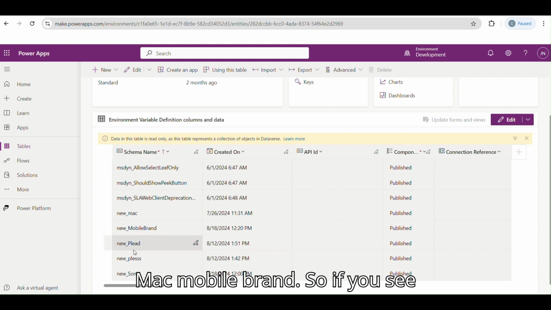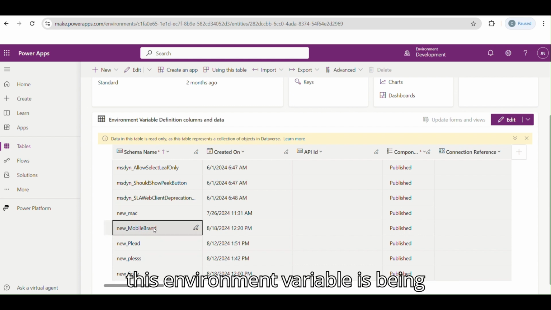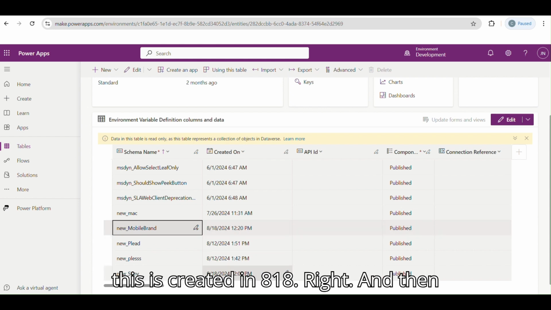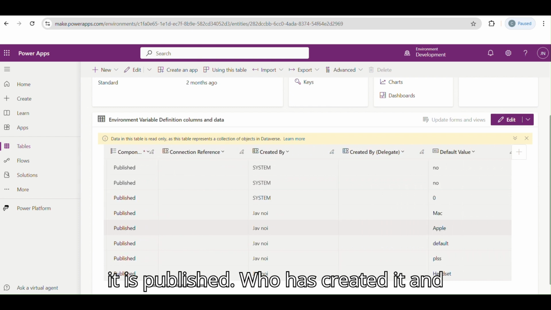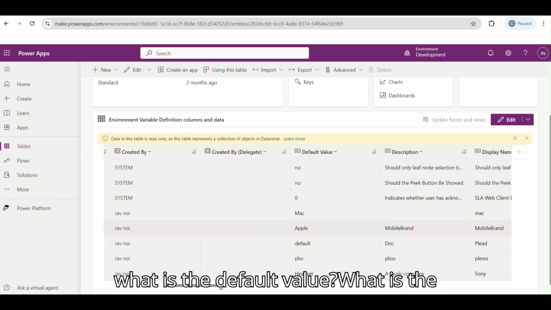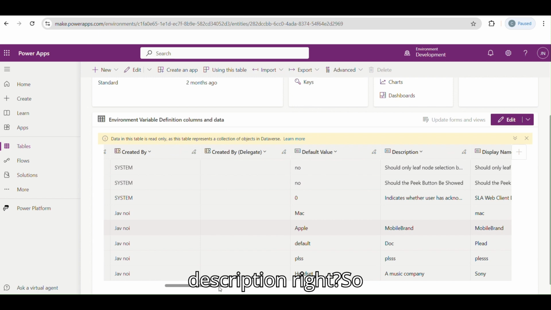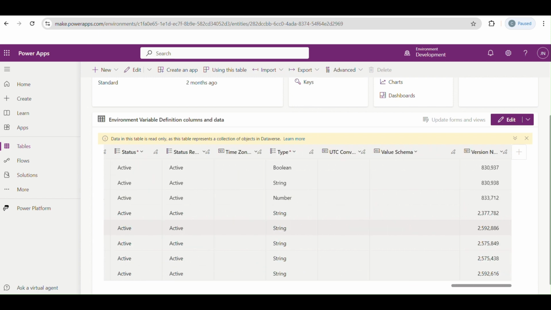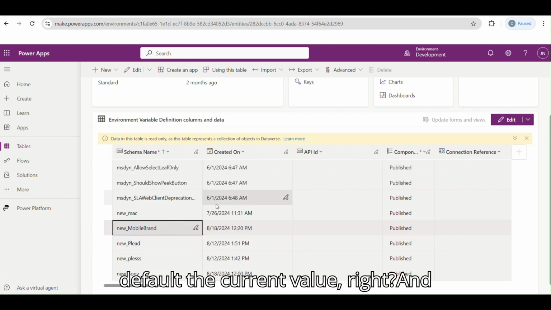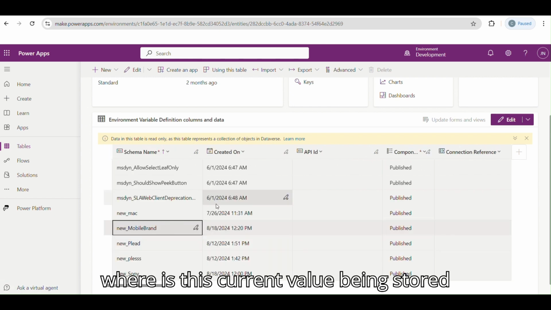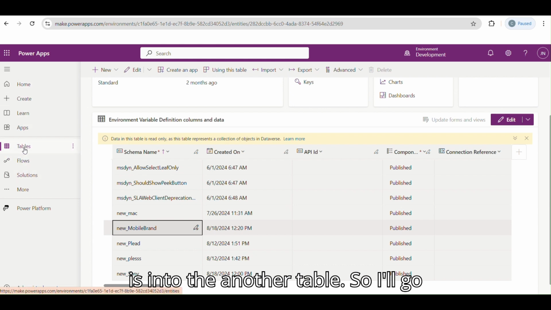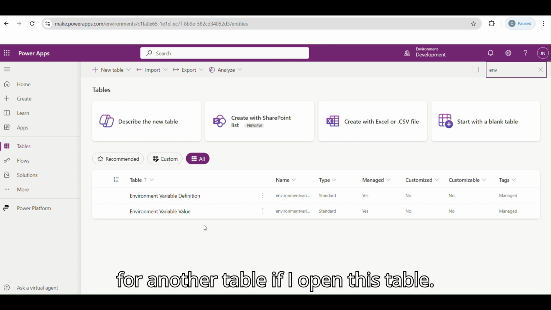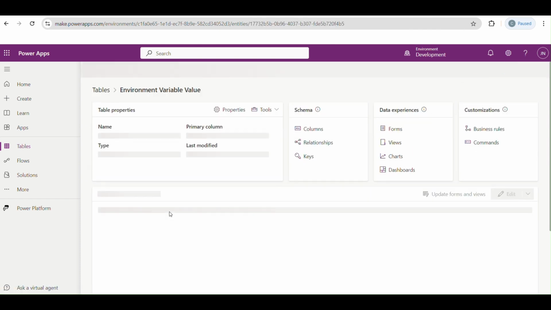So, for the new Mac mobile brand, you see this environment variable was created on 8/18, and this one was created at 12, this one on 8/18, right? And then it shows whether it is published, who has created it, and what the default value and the description are. So everything is here except the current value, right? And the current value is stored in another table. So I'll go back and search for another table. If I open this table,